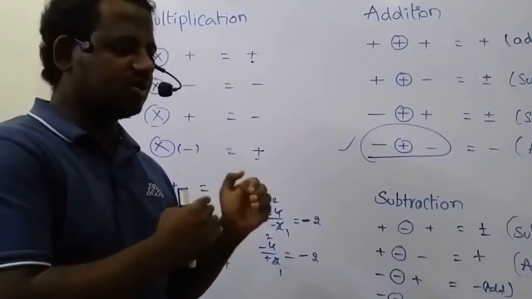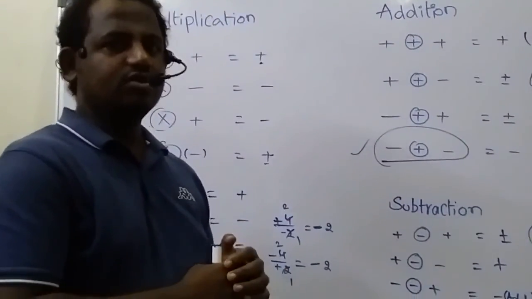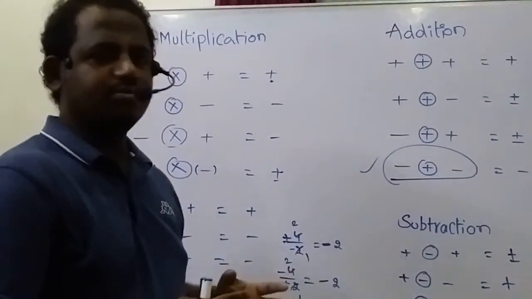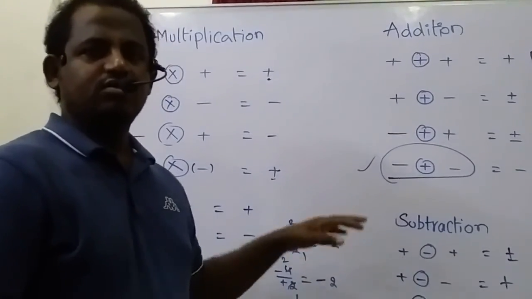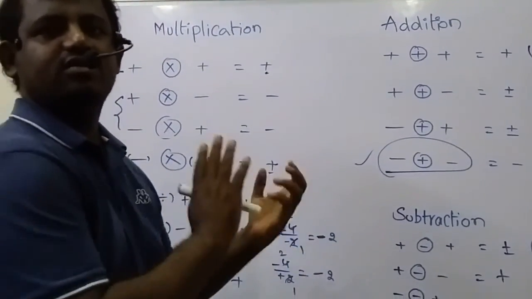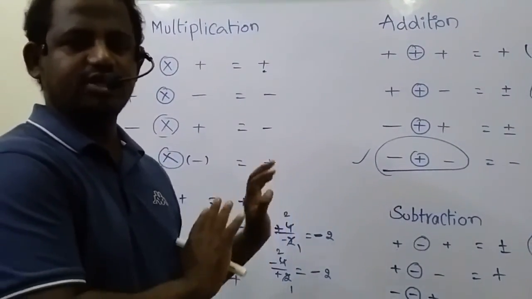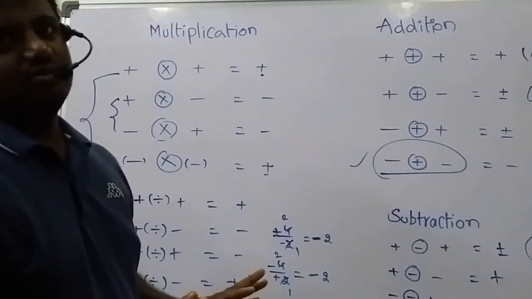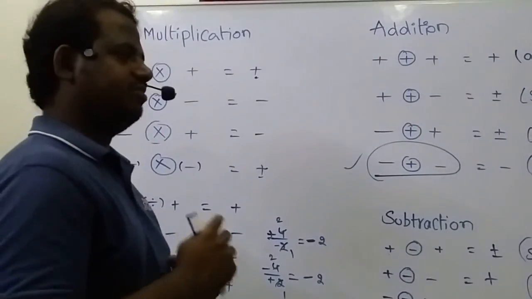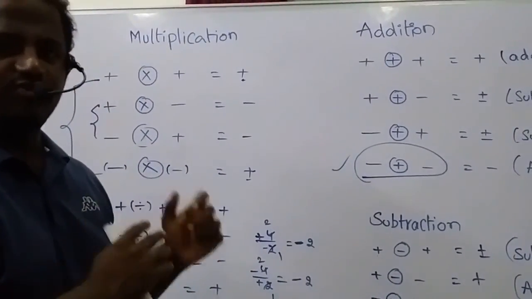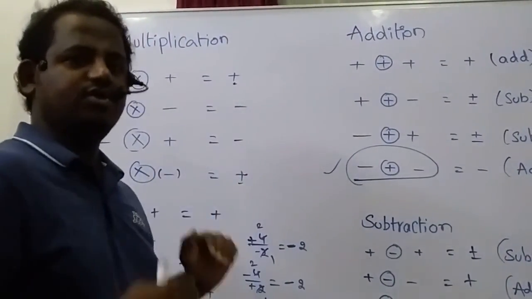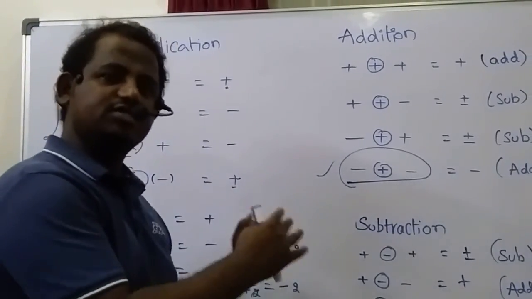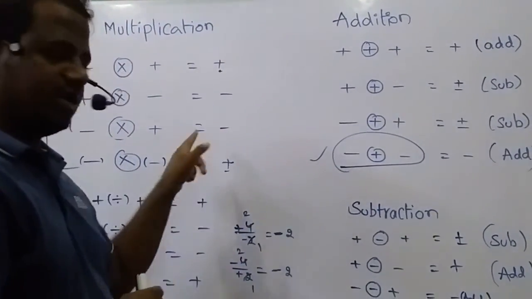So those students are going perfectly. Those students who are not giving importance to the signs before the numbers, who consider only the numbers without signs, are not going perfectly. Okay, remember that we have to give the same importance to the signs as we give to the numbers while adding, subtracting, multiplying and dividing. Okay.